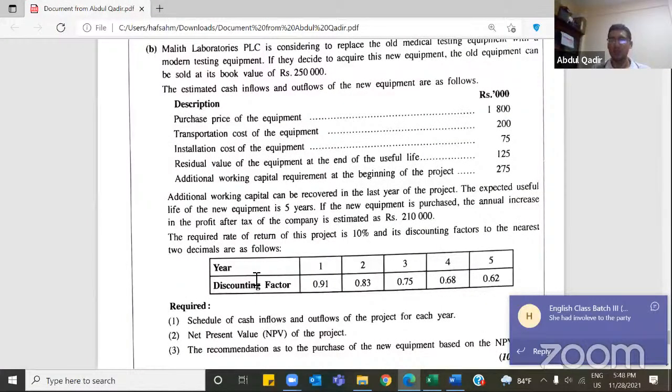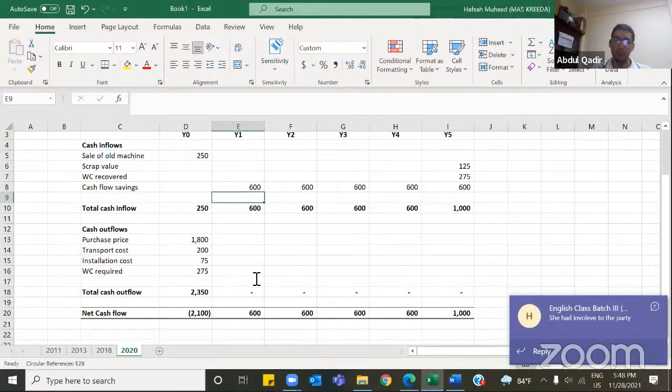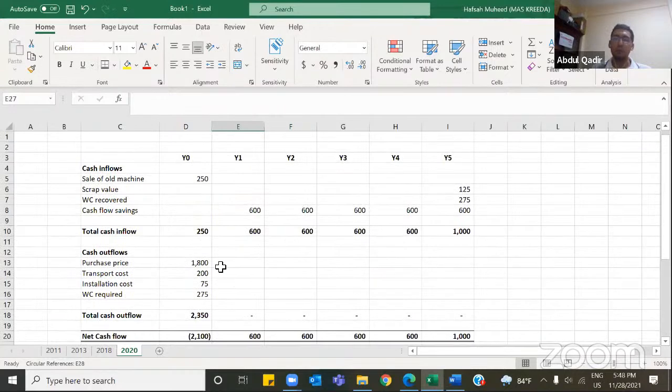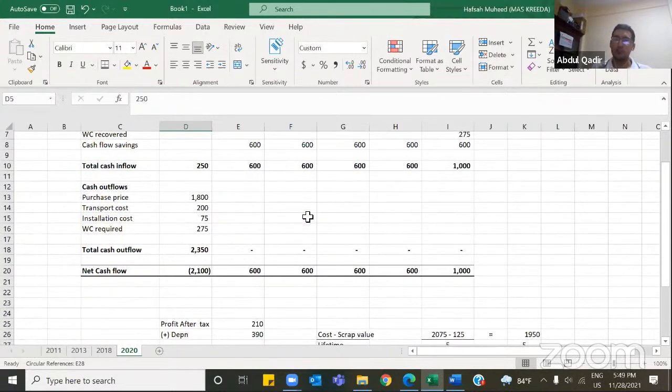So why I chose this is because it's a bit of a tricky way to get this, because it might be simple to get the depreciation in the sense to calculate the cash flow, but sometimes students go wrong in calculating this depreciation. Right, this 2075. Some people take the 250. Some take this in the sense they deduct the 250. So because of that, I chose this question mainly.